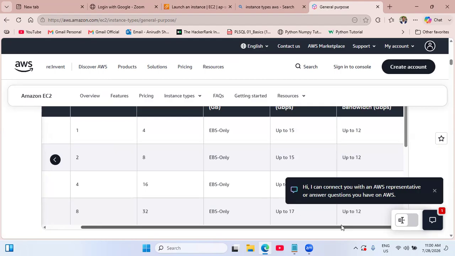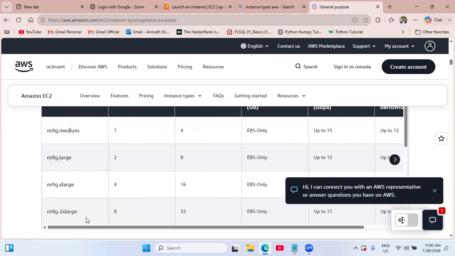Suppose the client budget is very low, and if you suggest an M9 2x large, then it's maybe around $1,500 per month itself. Then the client may not pay that much. So based on all these factors, we need to suggest the right sizing of the instance size we need to consider,